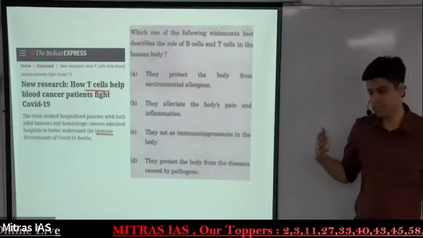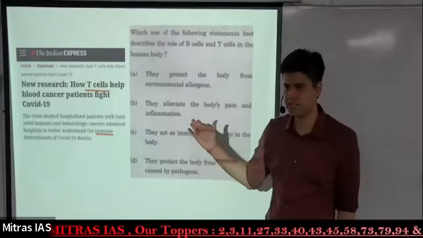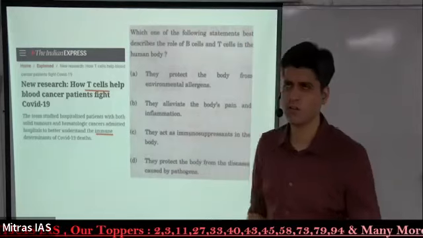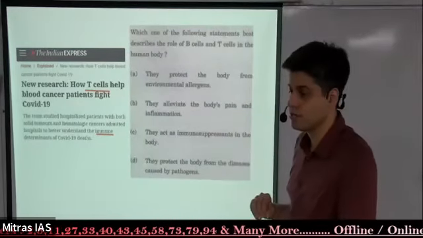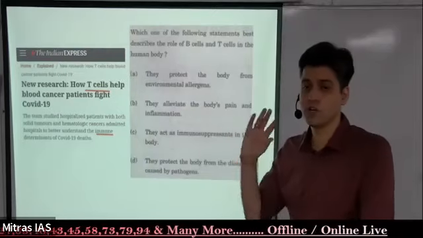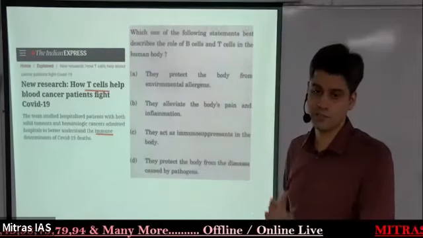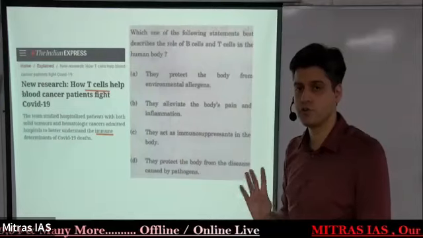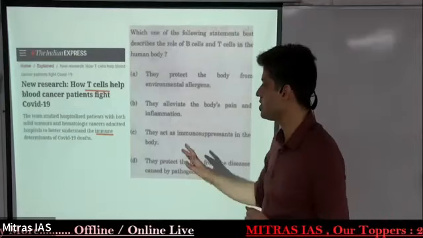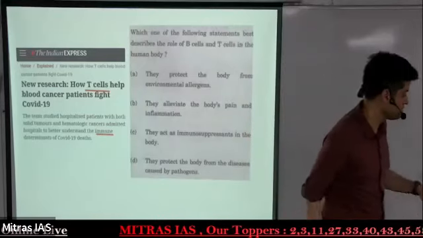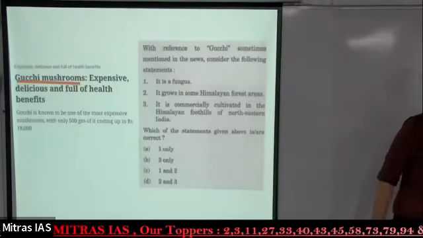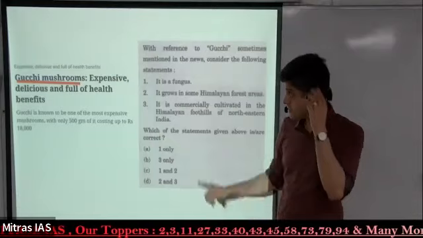T cells, B cells. Even yesterday, I was reading an article in the Indian Express or The Hindu. Again, a reference was there to T cells. A lot of reference during COVID was there to the T cells and B cells. It is not just one article; around 10 to 15 articles at least I have read had reference to this. Hence, D was the answer, pathogens, right? Gucchi mushrooms. This article I've picked from.